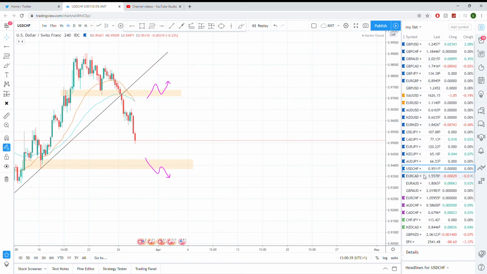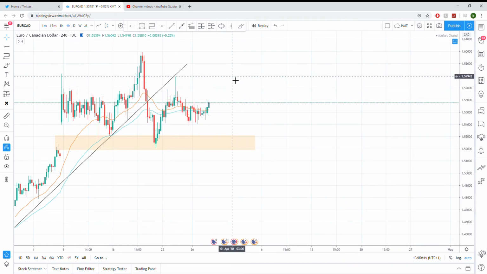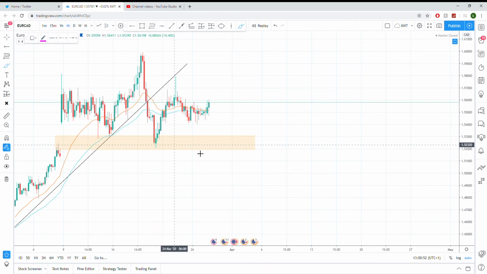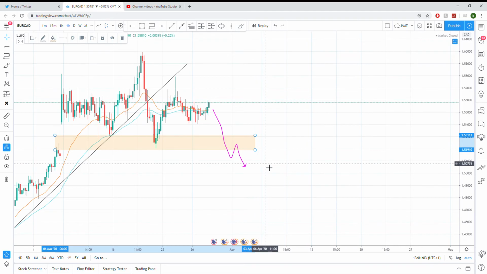And finally, Euro CAD. Still believe that this is a bearish pair to watch. We've still been waiting for a long time now for this to close lower than this zone. I believe we had this zone from last week, but ultimately still waiting for a push to the downside, like so. And this ranges between 1.51910